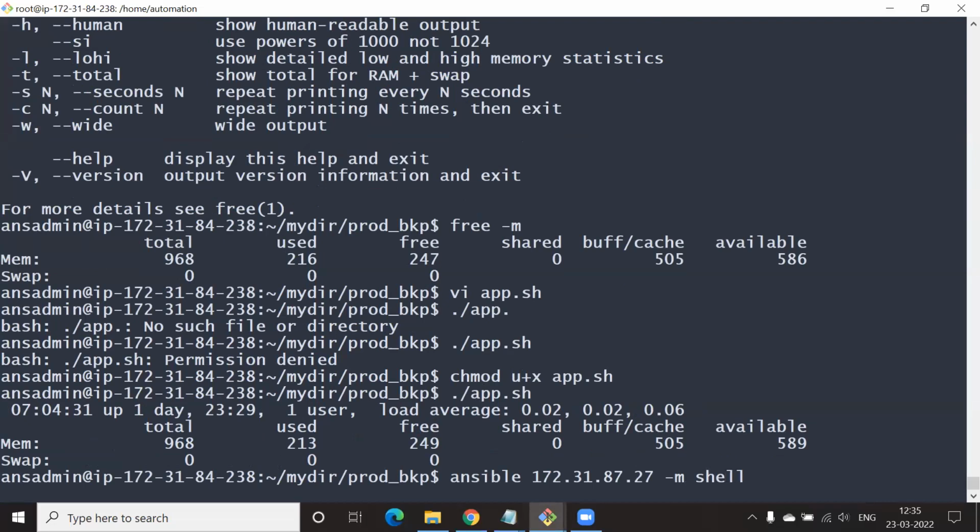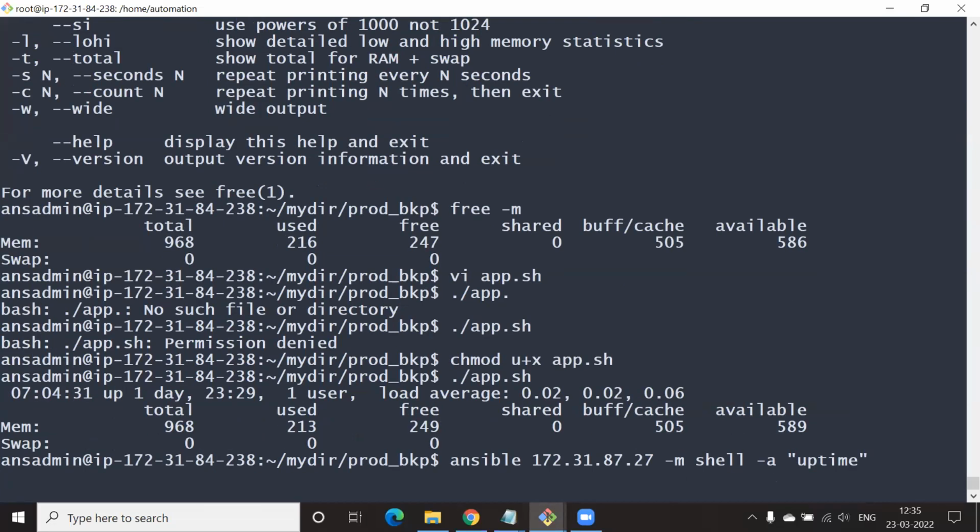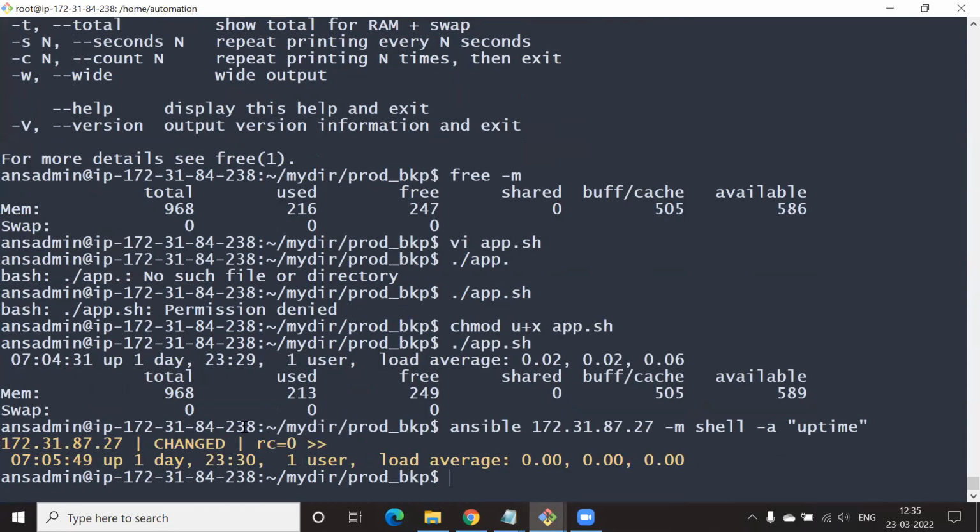Hyphen a, space hyphen a, space within double quotes, uptime. Enter. Cool. So you're getting the uptime of that particular server. Catching it? Yes, yes.